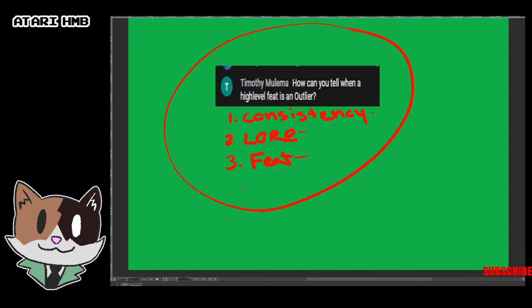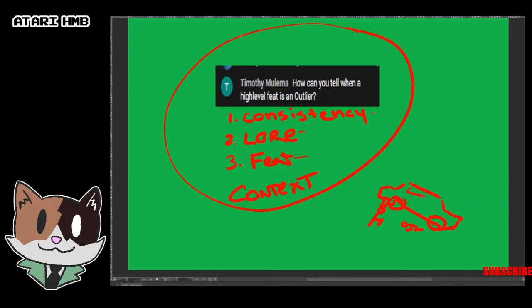We have to also look at context. Context is going to give us clues on understanding when a feat is generally an outlier or it may just be an extreme high-end or rare occasion. For example, the lady whose car fell on her child. When that lady lifted her entire car off her child, did we think that this is simply an outlier? She can't replicate it again. Well, yes and no. Sure, it is,